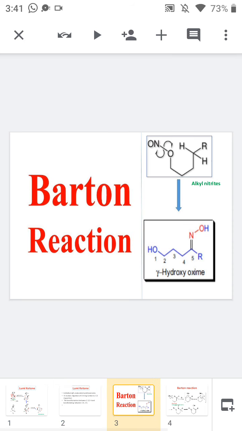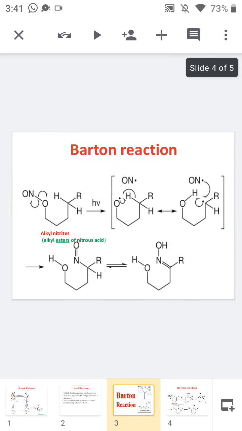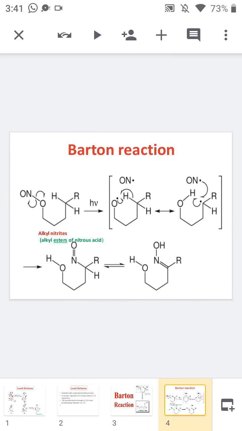Now we are moving into another rearrangement, that is the Barton reaction. In the Barton reaction, alkyl nitrites undergo a photochemical reaction to form gamma hydroxy oximes. See the example in which our starting material is an alkyl nitrite. An alkyl nitrite is an alkyl ester of nitrous acid, and during the photochemical reaction, the bond between the oxygen and